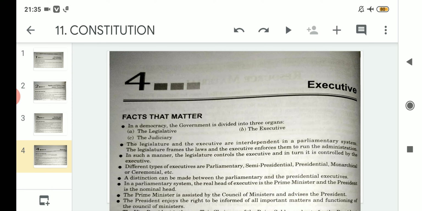So for that reason only, in our country, which follows the parliamentary system of government, the prime minister is the real head and the president is the nominal head. After that, the prime minister is assisted by the council of ministers and advises the president. So if the prime minister is the real head in our country India, and in a parliamentary system we know that